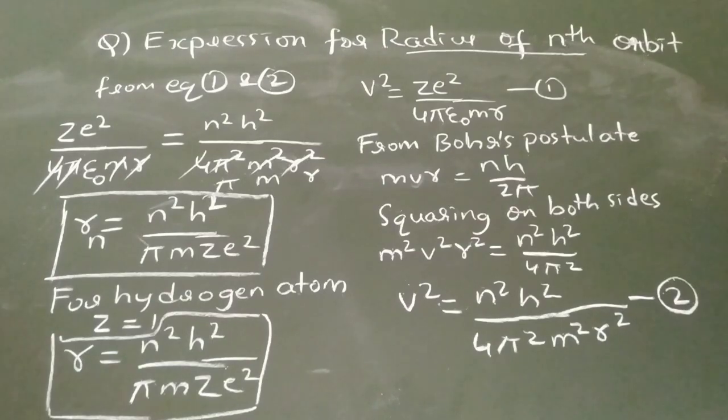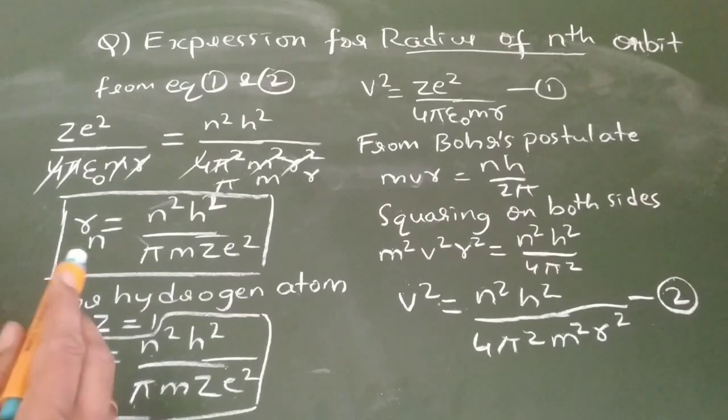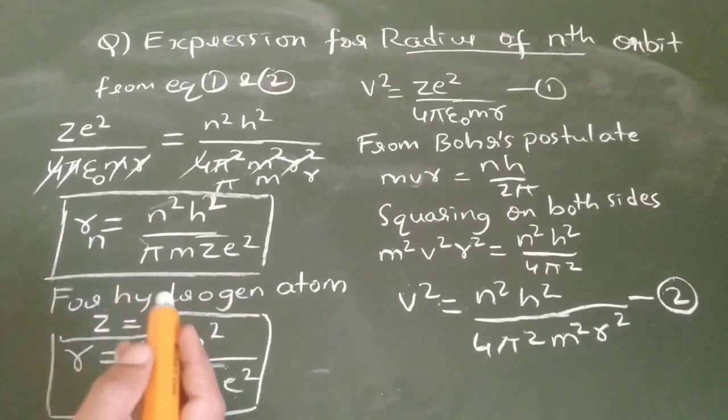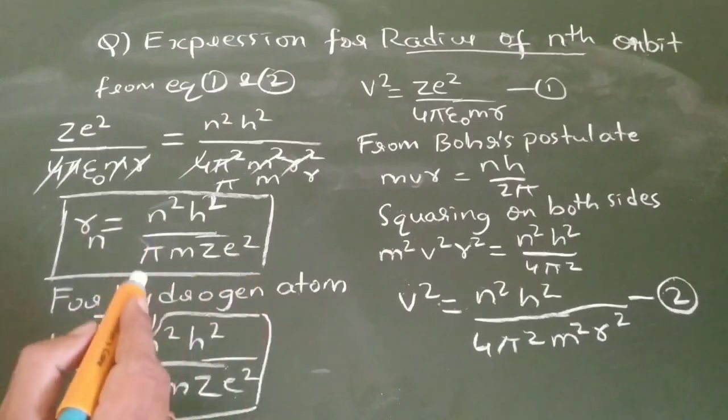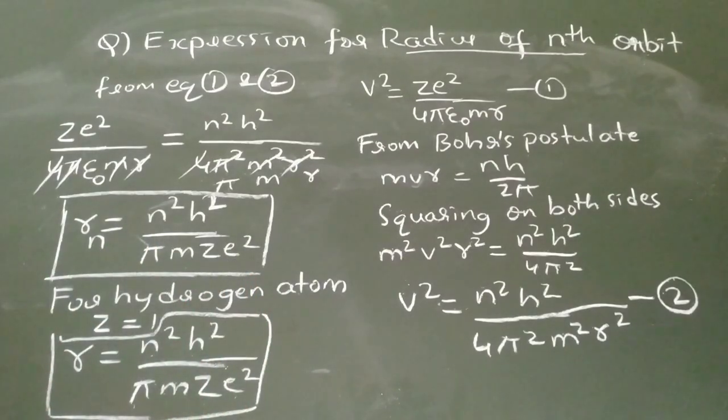If you write this much with the elaboration, with the English sentence, whatever, consider a structure of an electron of radius r, one orbit, everything, where m is the mass, where n is the principal quantum number, that is radius of the nth orbit, h is Planck's constant, pi you know, m is the mass of the electron, z is the atomic number of the atom, e square, e is the charge of an electron. So you have to mention all these notations. These notations will be known by everybody. That's why I have not mentioned it. So this is one derivation. Okay.